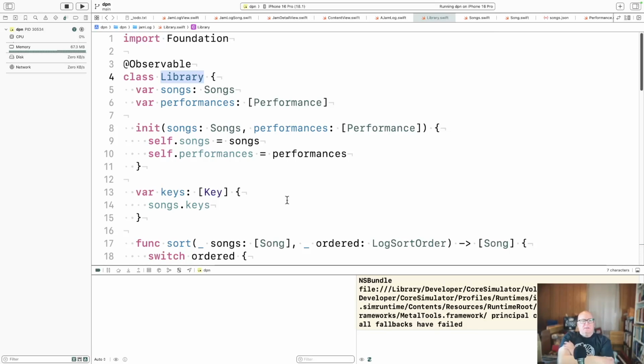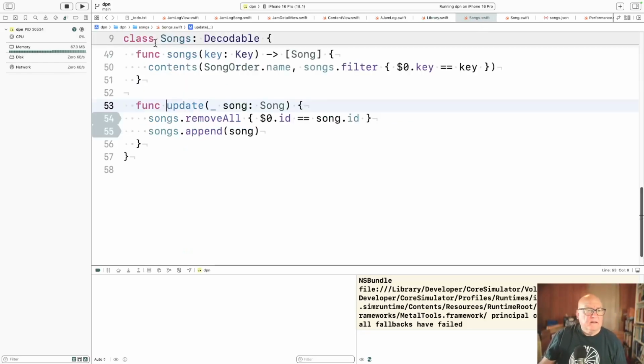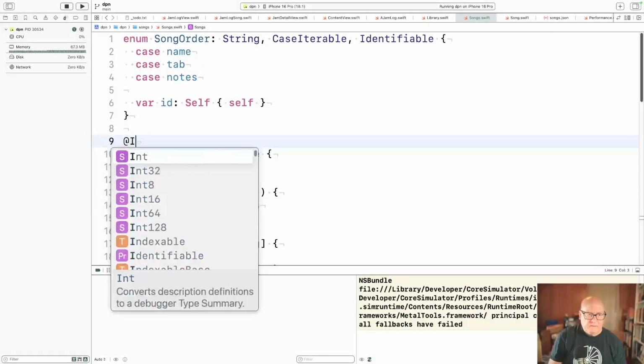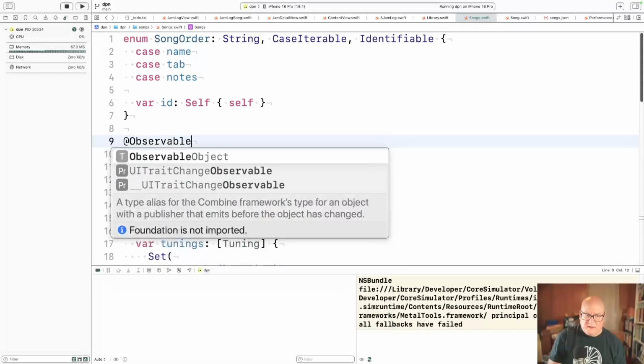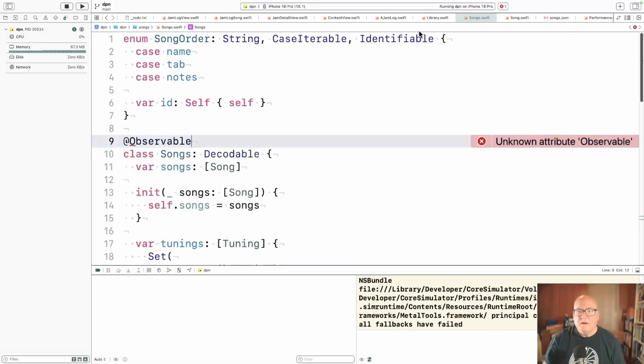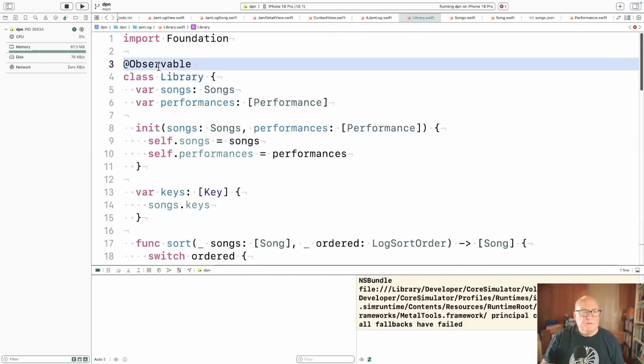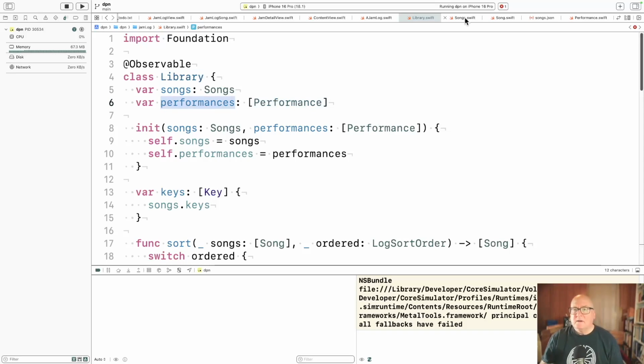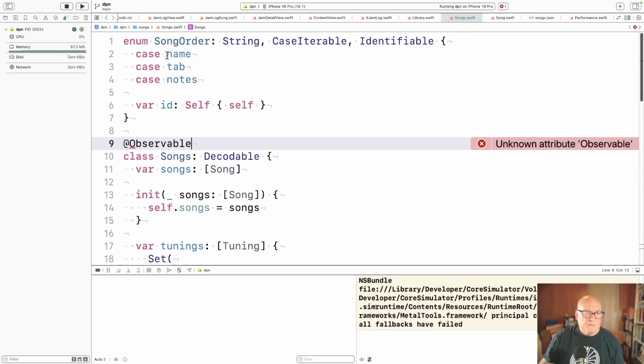Is songs not published? Does it need to be? Maybe it does. I don't think it is. Yeah. But I thought an observable. Where's JamLog? Library. At observable. I probably just need that, but I thought if this was observable, its children were observable. But I may be totally wrong.